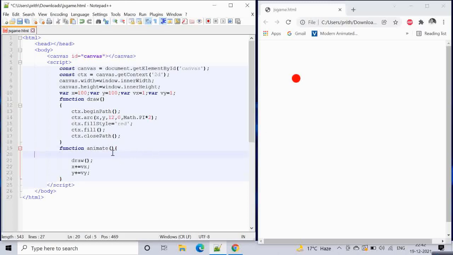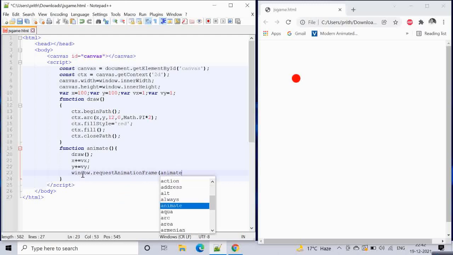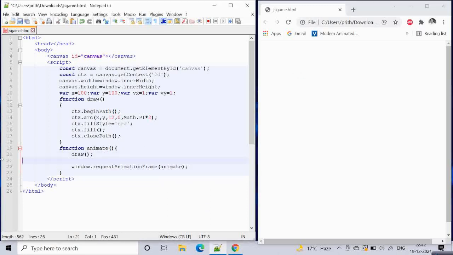If we want this ball falling effect, we want to render the frames multiple times. So we have to call this animate function again and again. There is something called window.requestAnimationFrame animate.